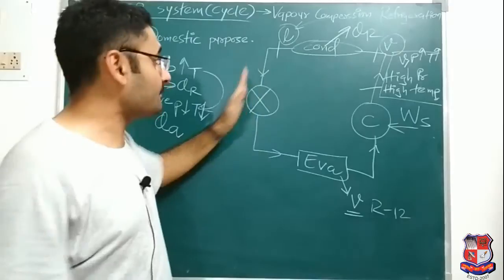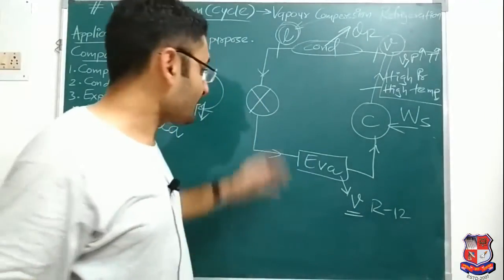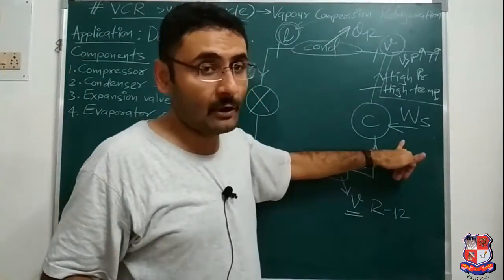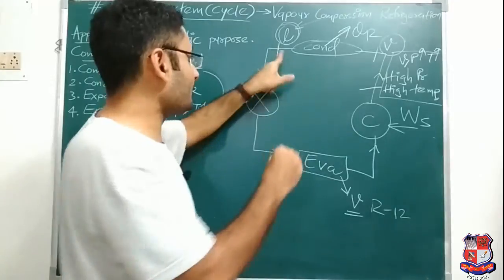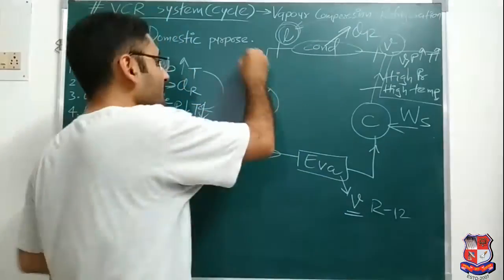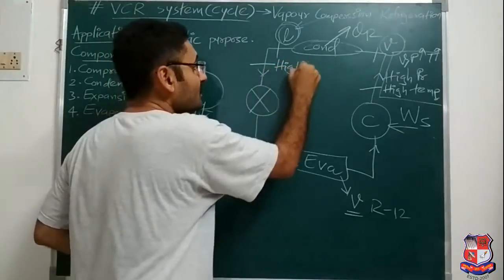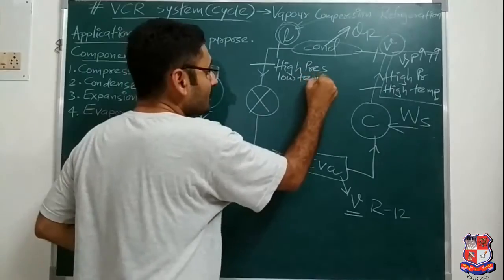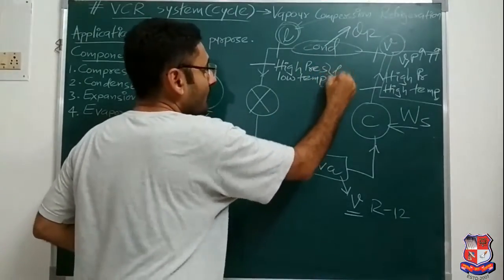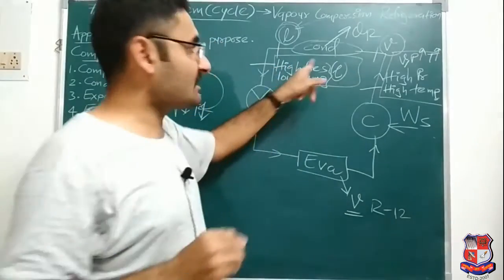Achha, after that what happens? That liquid refrigerant will enter the expansion device. Now the expansion device, as I told you, is the opposite of the compressor. So in the expansion device, what happens? Achha, before that, at the outlet of the condenser, what will you get? At the outlet of the condenser, you will get high pressure but low temperature refrigerant in the form of liquid. High pressure and low temperature. Why high pressure?